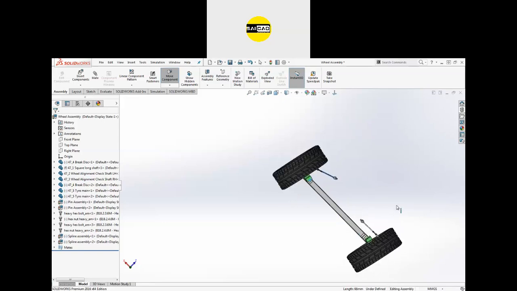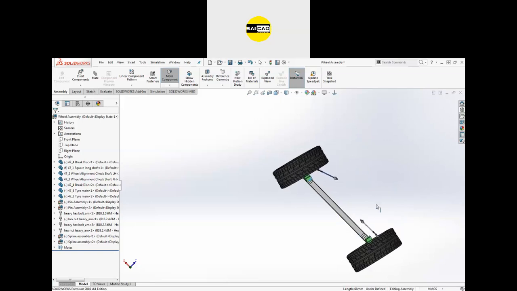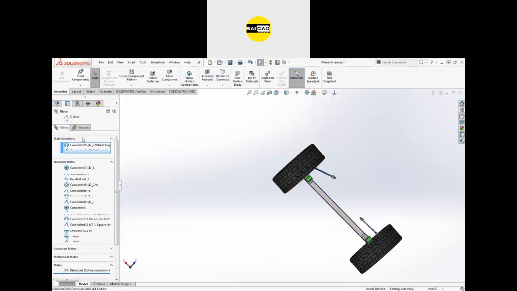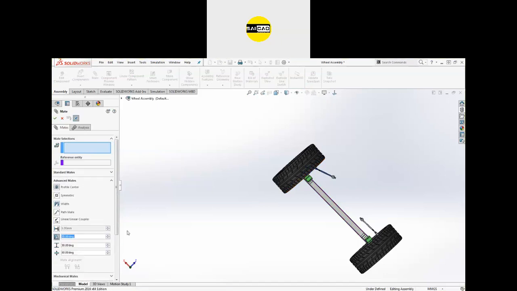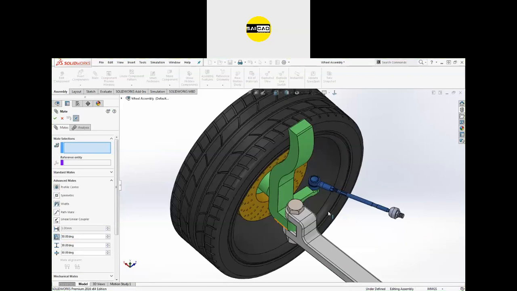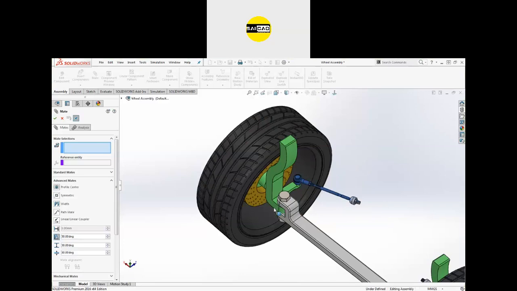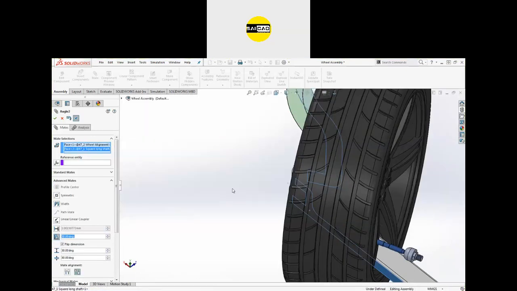Okay, so this is the option of advanced mate, that is how you can limit the angle like that. Again, I'm going to show you. Go to the mate. Okay, go to the advanced, go to the limit or angle here. Just select the two faces. I want to specify. You can specify the angle to this one, because both are at the rotation.